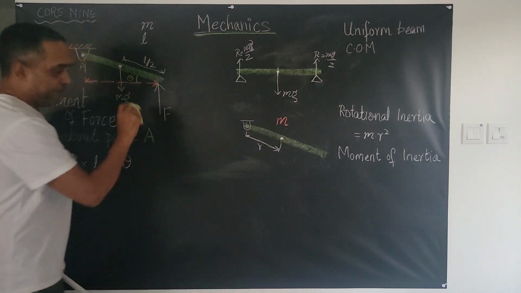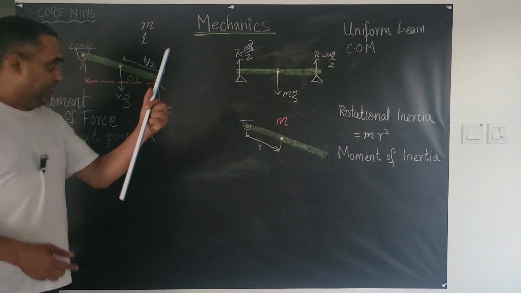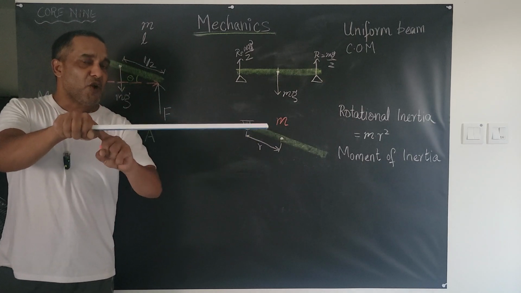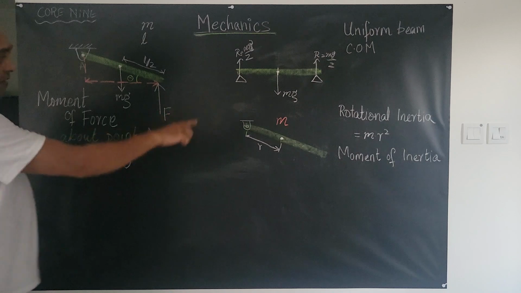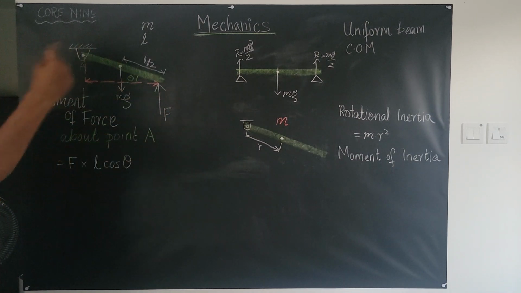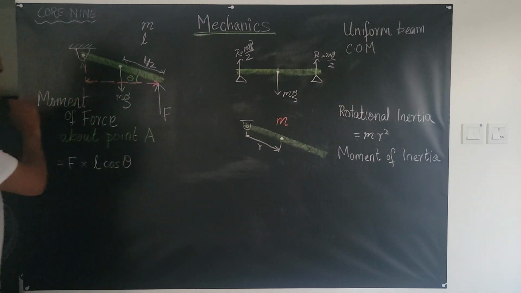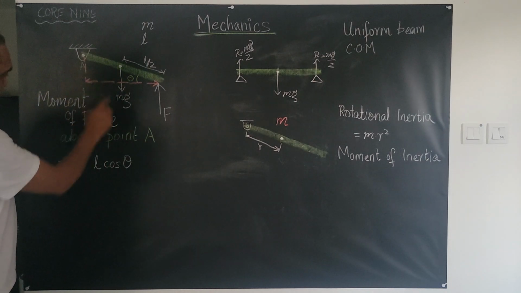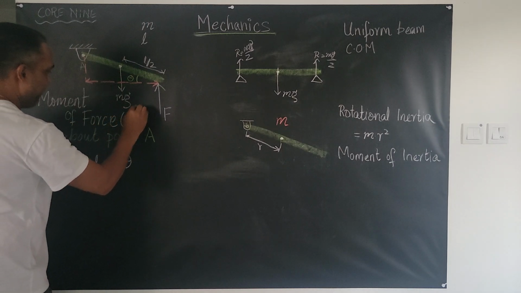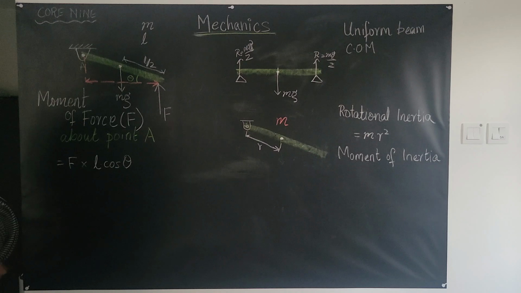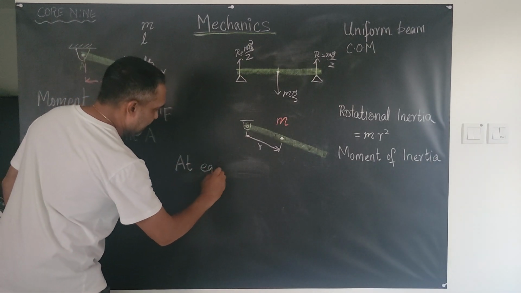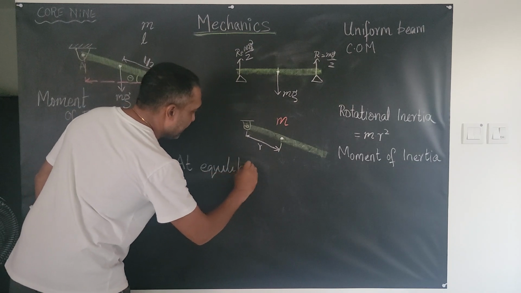When you have a beam or something like that in this condition, not a fixed beam, because there you would do something called bending torque. Here, moment of a force is also called torque, but I'll get to it as a segue into the next part of further mechanics. But for equilibrium in this particular beam, this is the moment of force F about point A. And then I'll say at equilibrium,